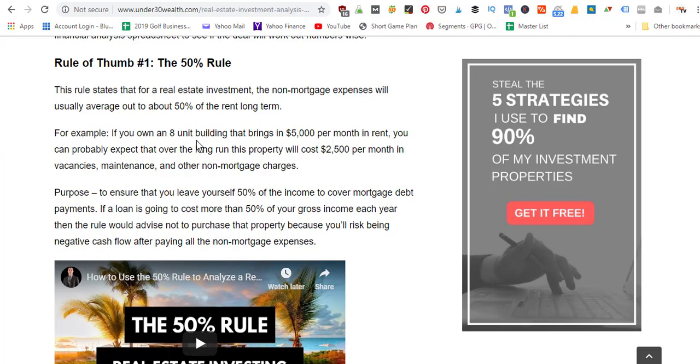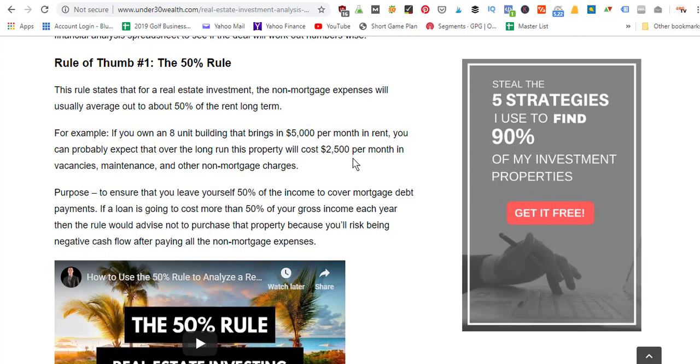And then you can expect, using the 50% rule, that probably about $2,500 a month of that's going to go towards different expenses. So you've got vacancy expenses, you've got maintenance, you've got other non-mortgage charges, so property taxes you've got to budget for, property insurance, your portion of utilities you're responsible for, like if you've got lighting for the parking lot, or water and sewer to the water company in the city. So there's different landlord responsible expenses you have to pay, and you can expect them to be about half of